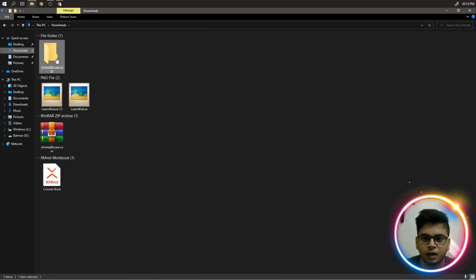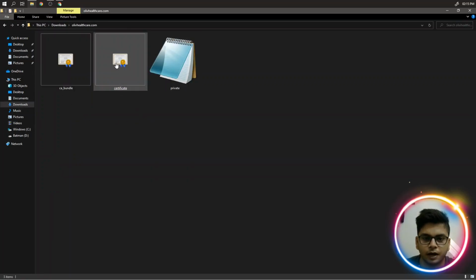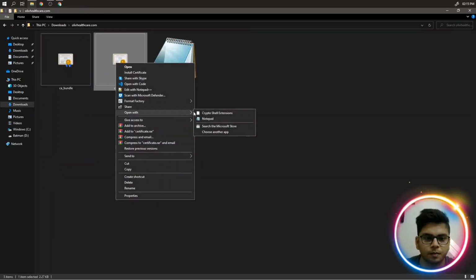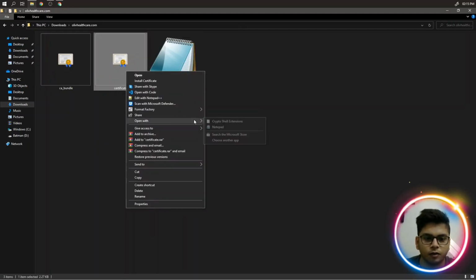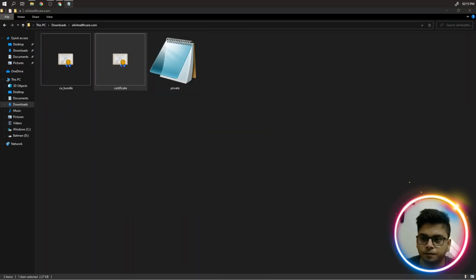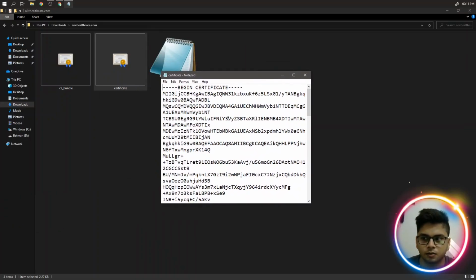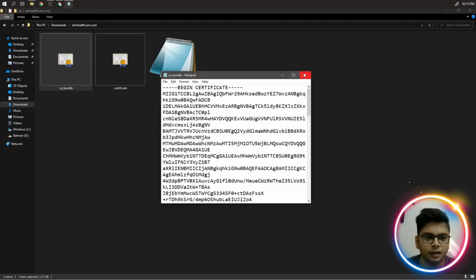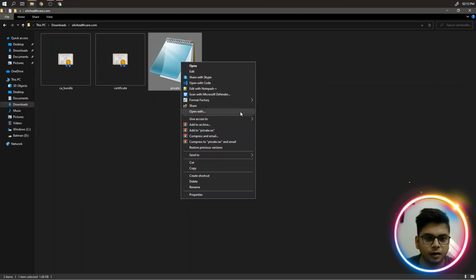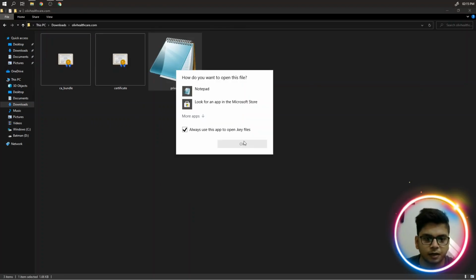I just unzipped those files, and this is the part where I was talking about that you have to open these files with Notepad. This is the encrypted code, guys. You just have to open this with Notepad, and then copy this and paste it into the respective sections.